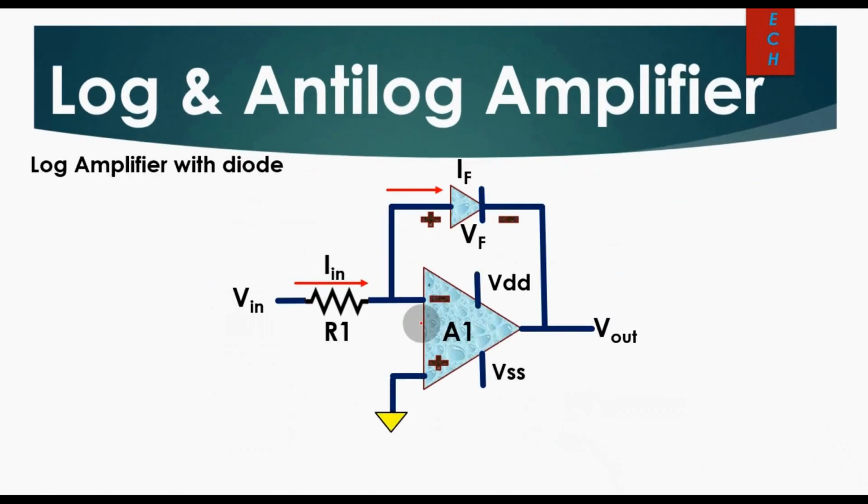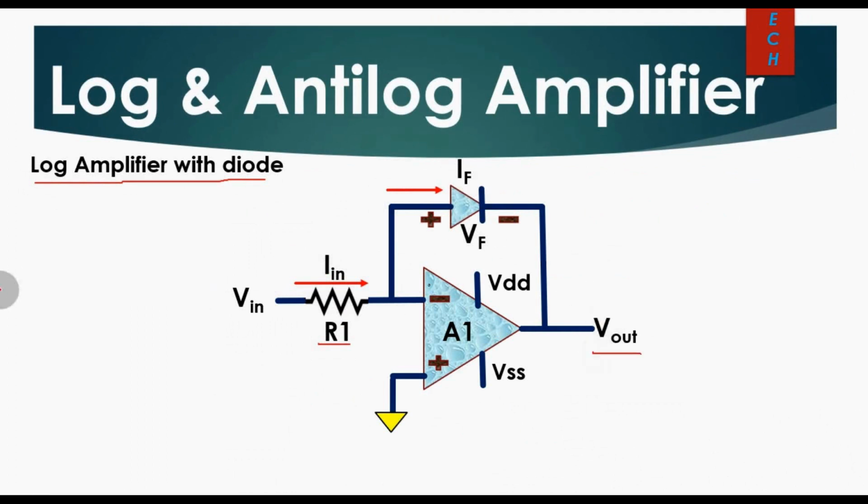So now we will understand log amplifier with the diode. You can see this is an operational amplifier and your input signal is connected to the inverting terminal. This is the current IN flowing through this resistance R1 and this is going through diode VF. The forward voltage of this diode is VF. This is plus, this is minus, and the current flowing through this diode is IF,